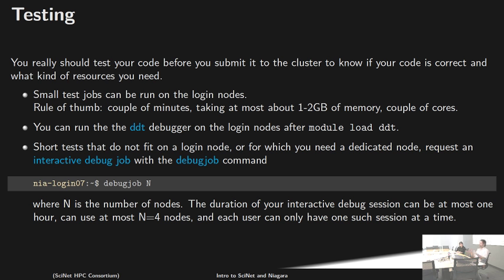Now, you can do this on the login nodes at small scale, but the login nodes are shared, so we can't have you run big tests, and you can't trust the timings of your test either, because how fast things go depends on what other people are doing. But for a short period of time, you can get a compute node for yourself as if it's a login node, and we call those debug jobs. So you can request a number of nodes, n. Usually you start with n equals 1, and then you say debug node 1, and it basically creates a job for you